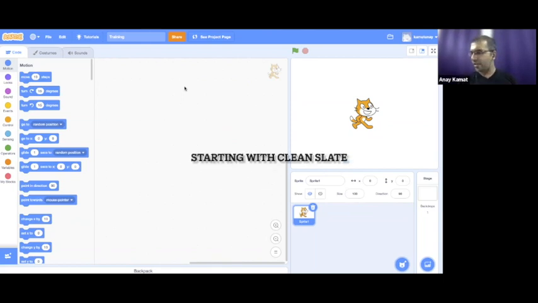Let us start with the Scratch learning session. What we would do is we would go over all the 19 lesson plans as we go along, and you can practice as you watch. All this will be divided into separate smaller videos. You can always rewind them, keep watching them as many times as you want, and we will use this as a learning as well as a practice learning material.